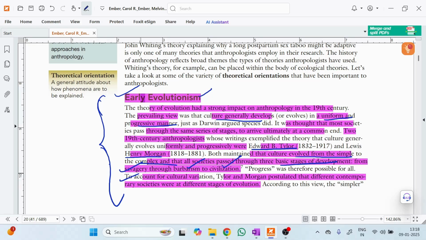And to account for cultural variations, Tylor and Morgan postulated that different contemporary societies were at different stages of evolution, which means some societies are not developed, they are still in